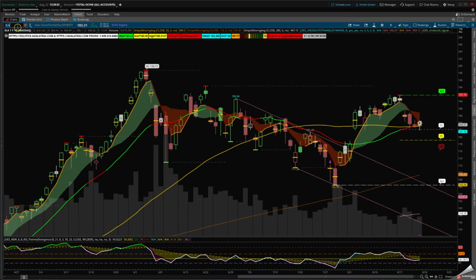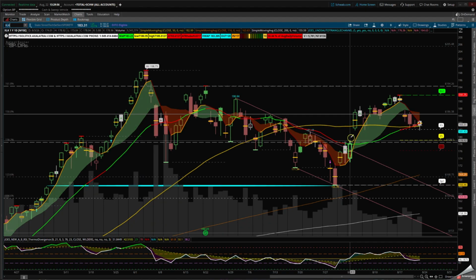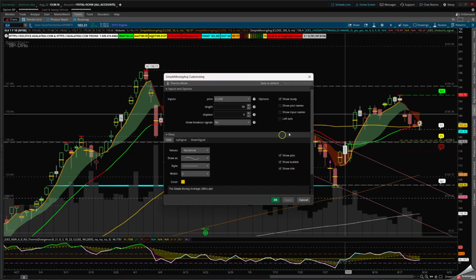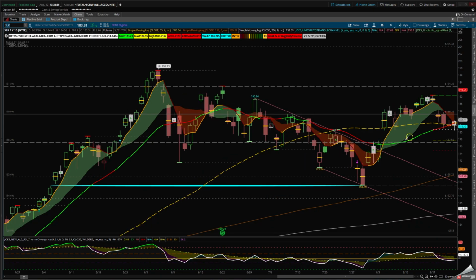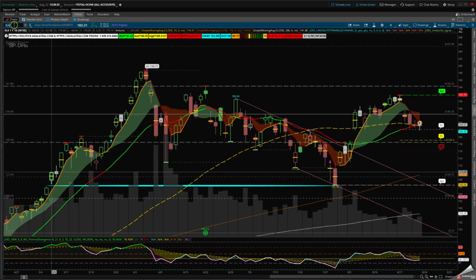I'm going to show XLK. You can see in XLK that there's an island reversal up here. You've got this one here. You've got this one here. We have not been able to fill this, and we fell down in XLK, but holding the 50 on the 18, we're sitting on it, but the 55 would be just a little bit underneath. If I change the 50 simple moving average, I will show you how to do this. You can see it just says simple moving average. I can move that up to 55. I want to show you how to look at it. So if I mark it with a dotted line, you are able to see where the 55 is holding by a hairline on XLK.